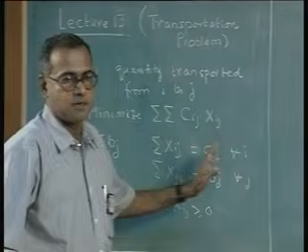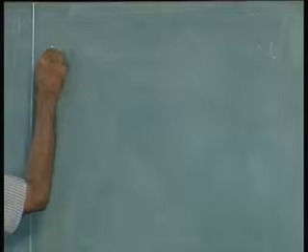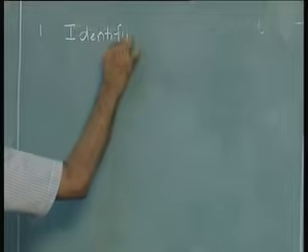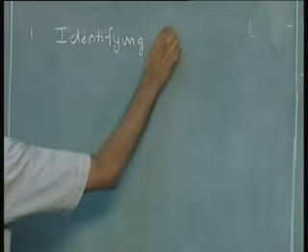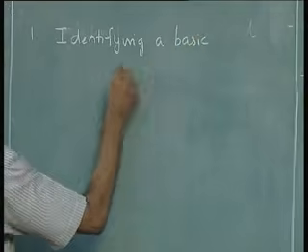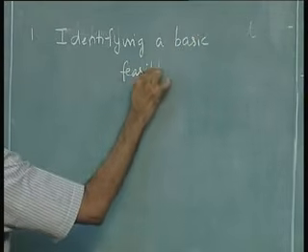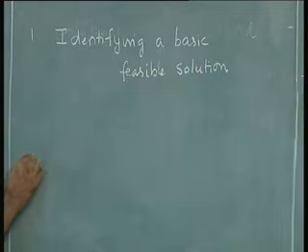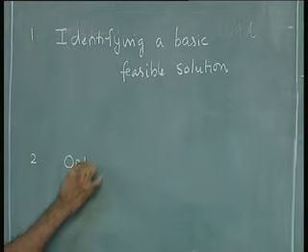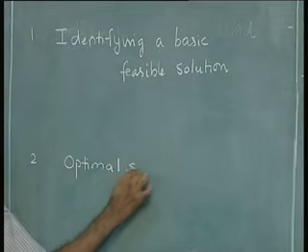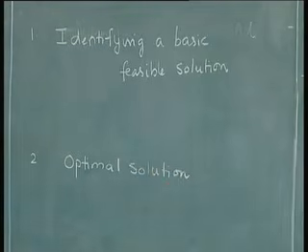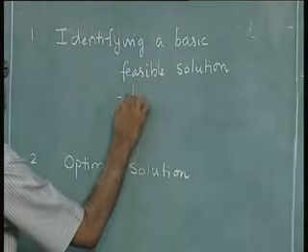The solution to a transportation problem has two stages. One is called identifying a basic feasible solution, and the second is to get the optimal solution. Now we look at three different ways of identifying a basic feasible solution. One is called the northwest corner rule,